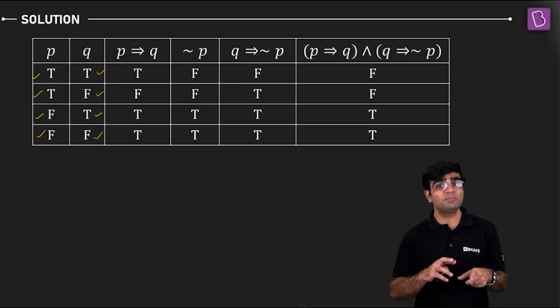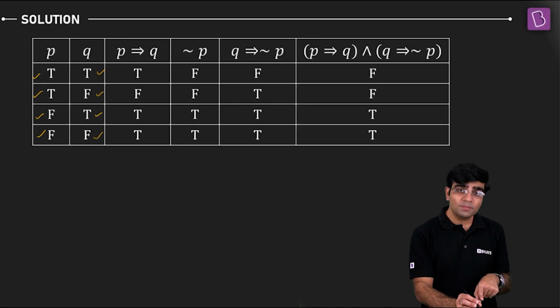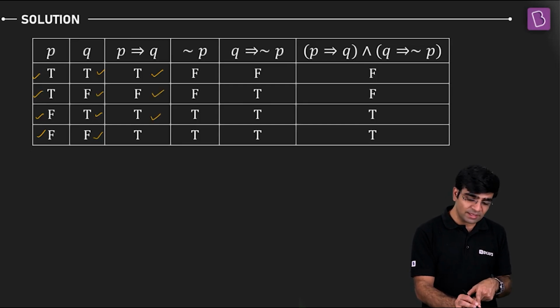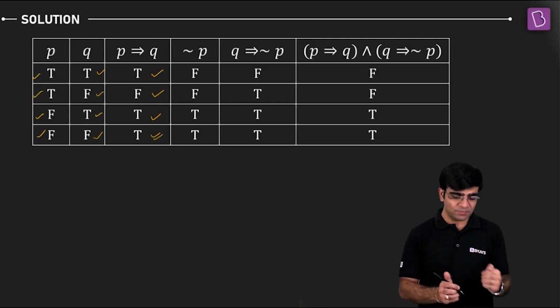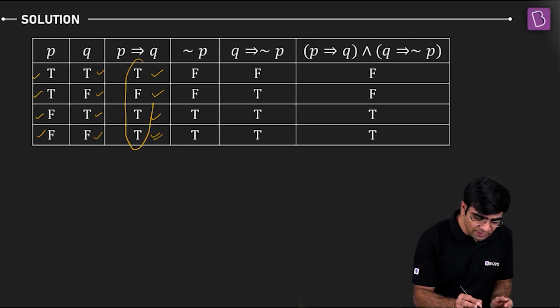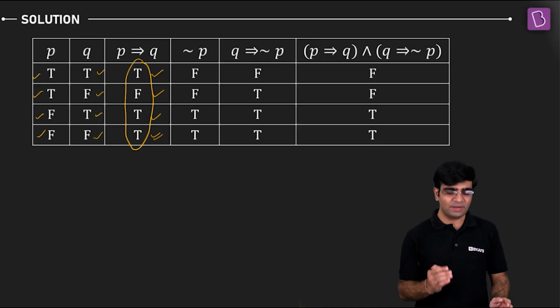Now the table for if P then Q, remembering that by default, if I have true and true, then it remains true. If I have true, then false, it remains false. If I have false and then true, it remains true. And if I have false, then false, it will also come out as true only. So that's my truth table: T, F, T, T. Can you see this? If P then Q: T, F, T, T. Sorted? So the results are T, F, T, T in this fashion.